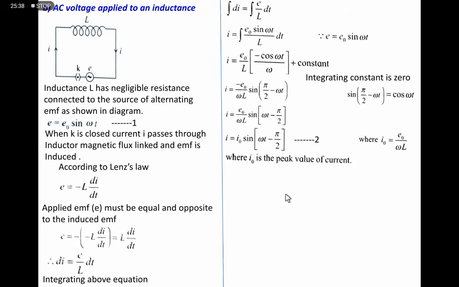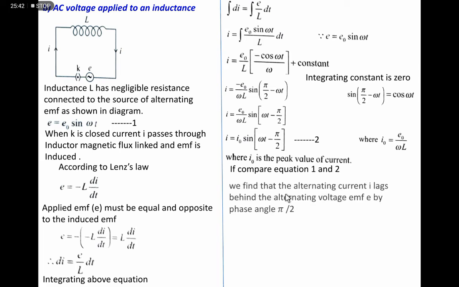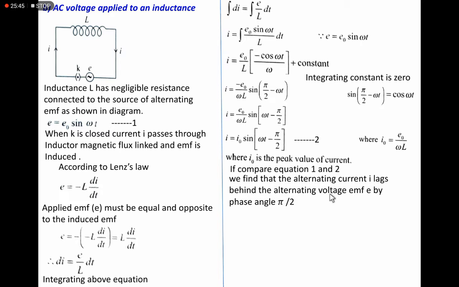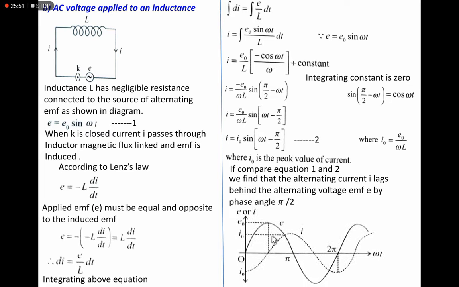This we can explain with the phasor diagram. Here, just to explain, current I lags behind the alternating voltage, that is the EMF, and in the diagram here the EMF is with a continuous line and the current is with a dotted line.